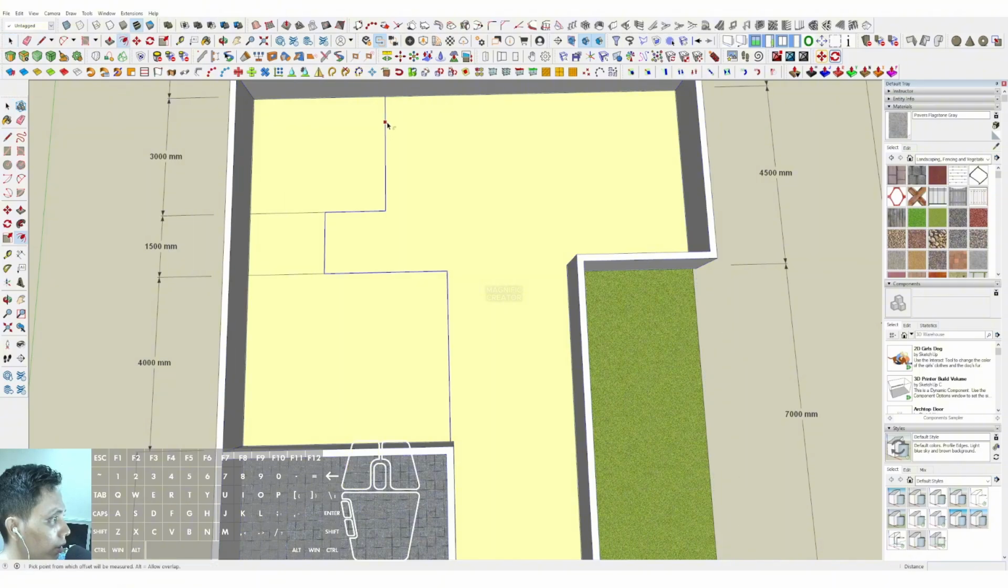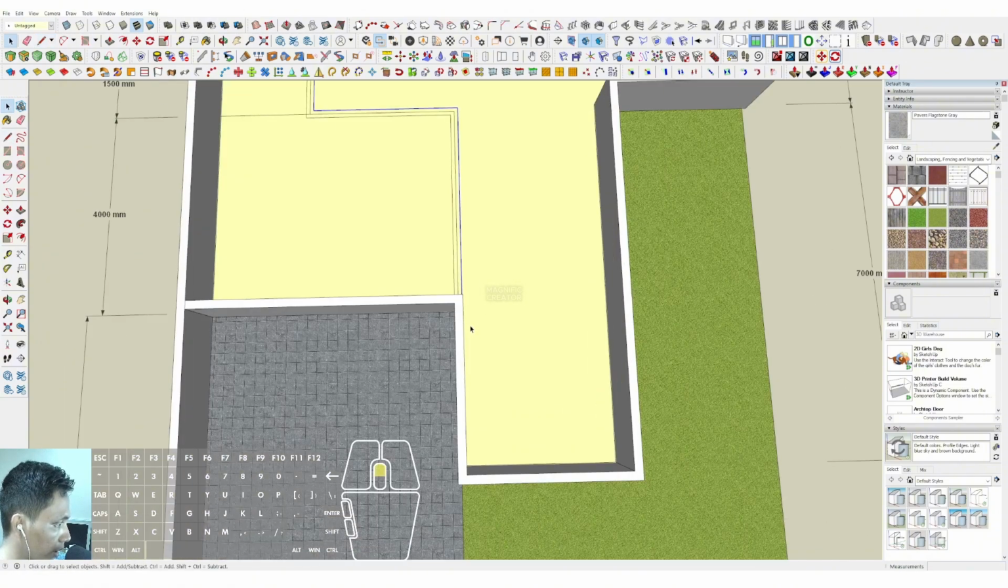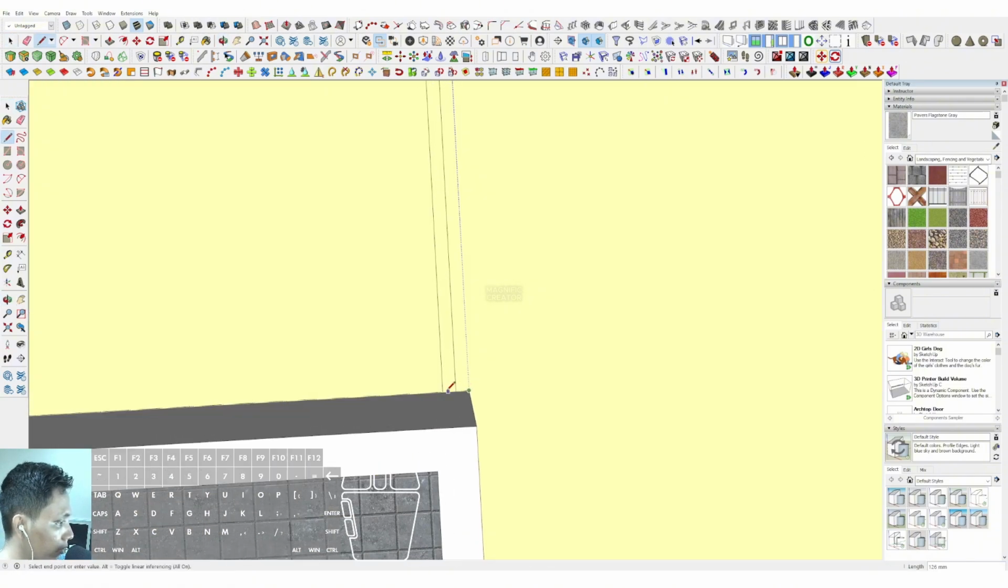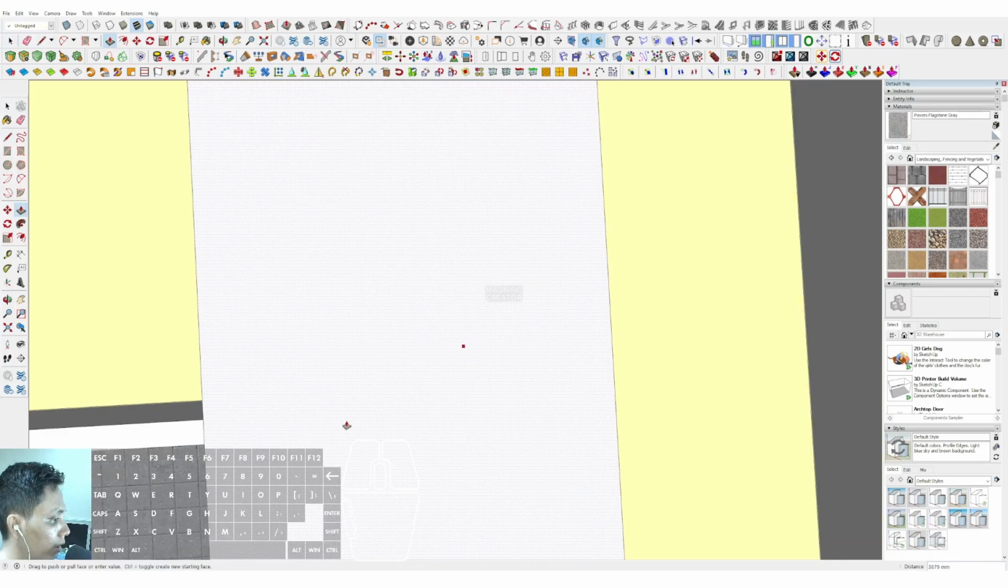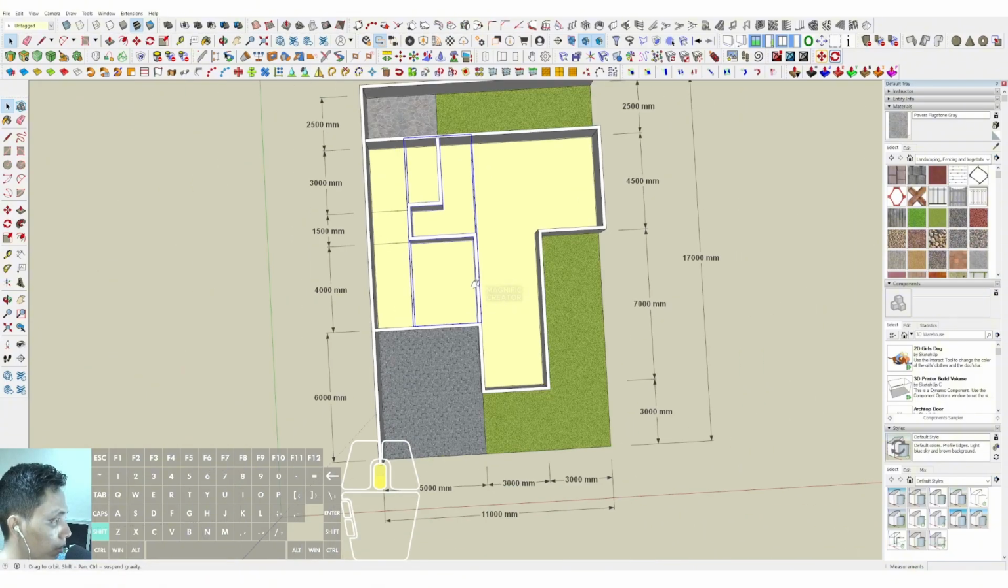Okay, offset 75, offset 75 in here, and erase the middle line, and close the end line, close for every single end line in here. Oh, sorry. Double click, make group, and then